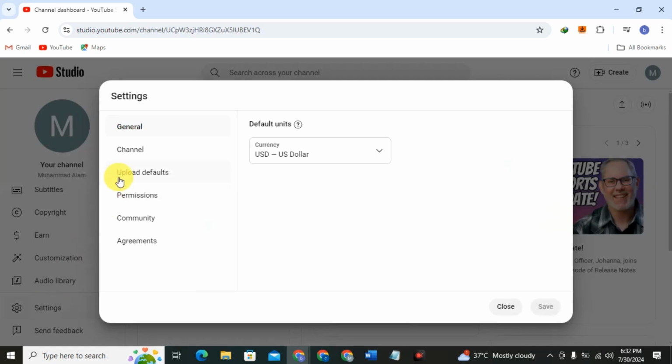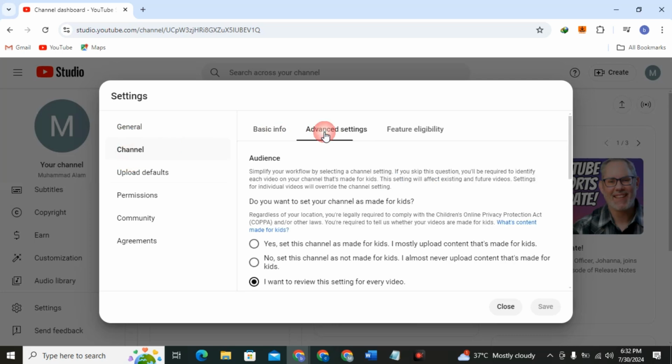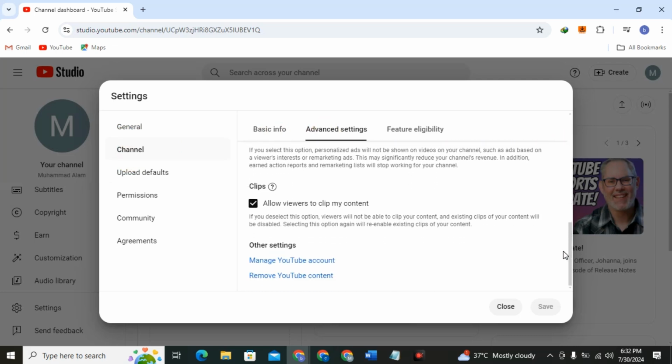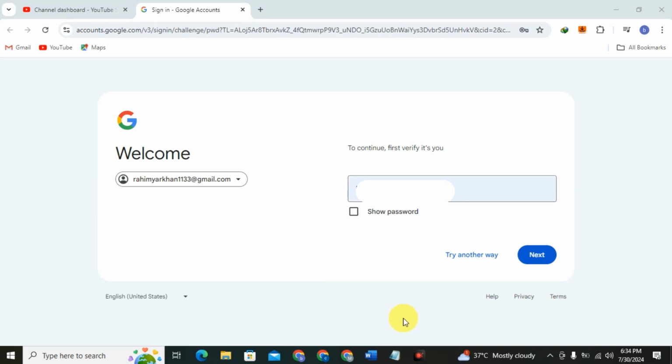Now tap on Channel. Here, tap on Advanced settings. Now scroll down and simply tap on Remove YouTube content, and here enter your password for verification. Tap on Next,